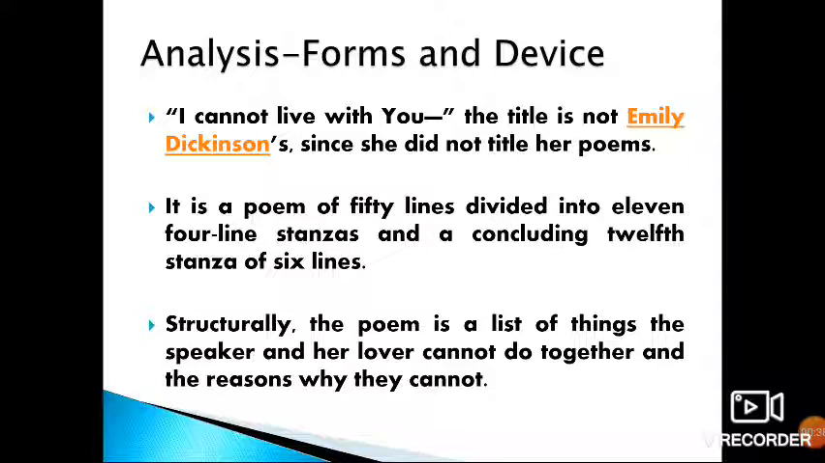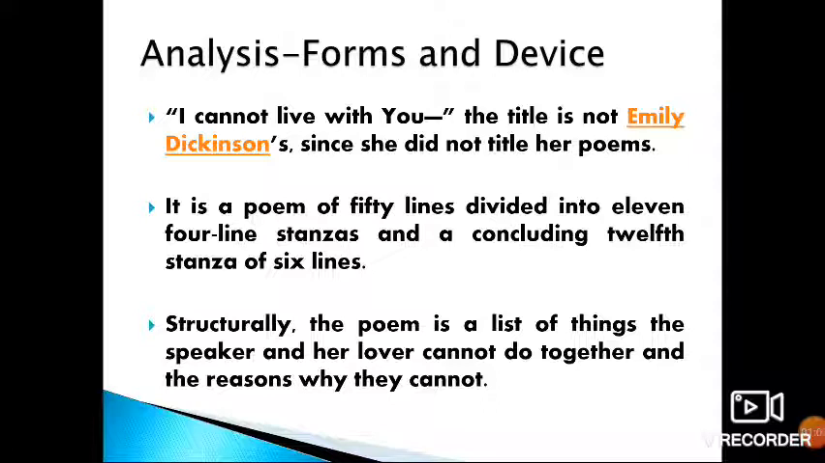It is a poem of 50 lines divided into 11 four-line stanzas and a concluding 12th stanza of 6 lines. The poem is an unusually long poem for Dickinson. We had already discussed this. It is written in the first person from the point of view of a speaker addressing a lover. So structurally, the poem is a list of things the speaker and the lover cannot do together and the reasons